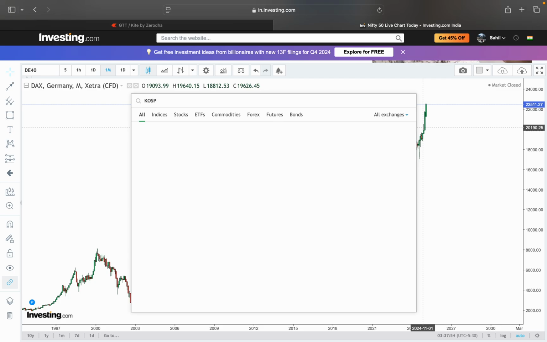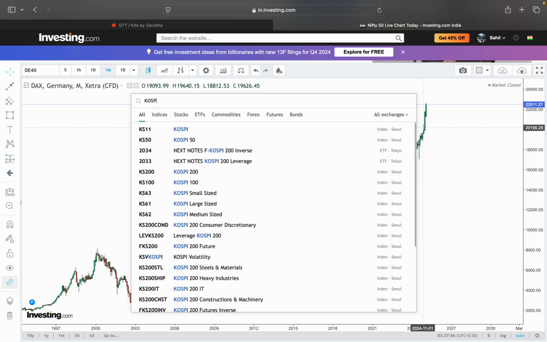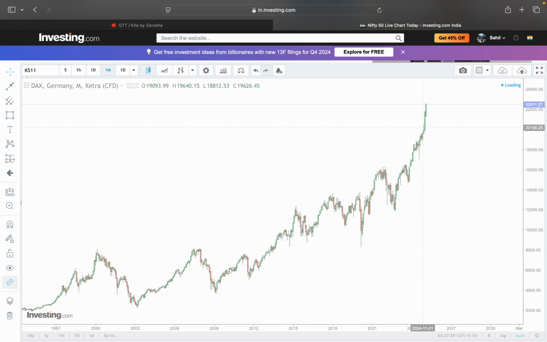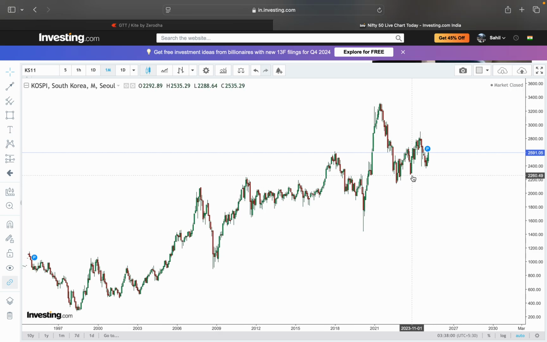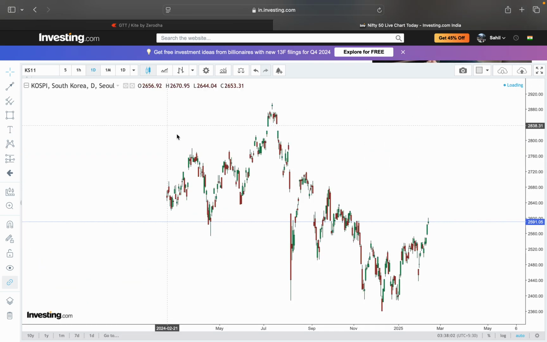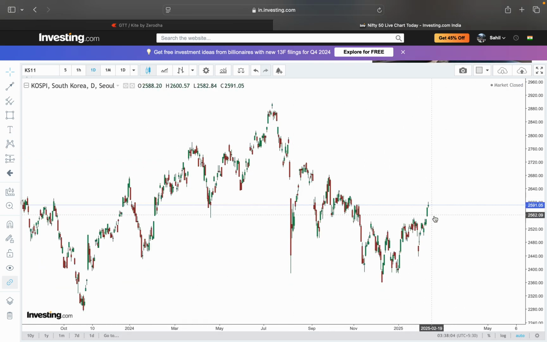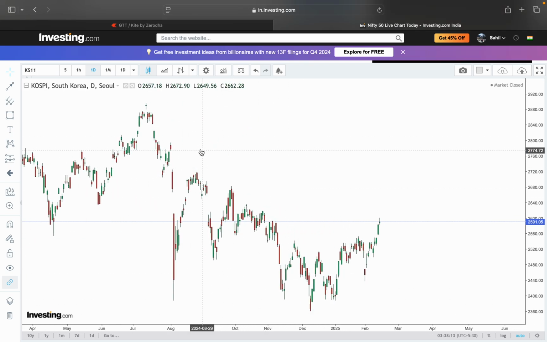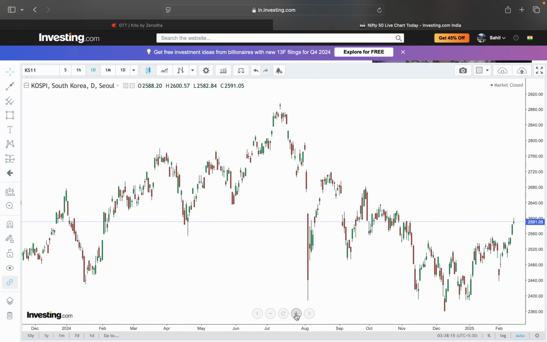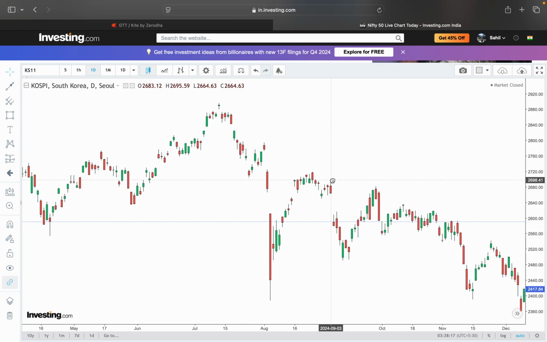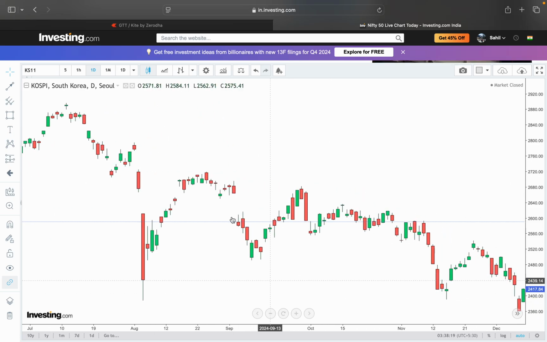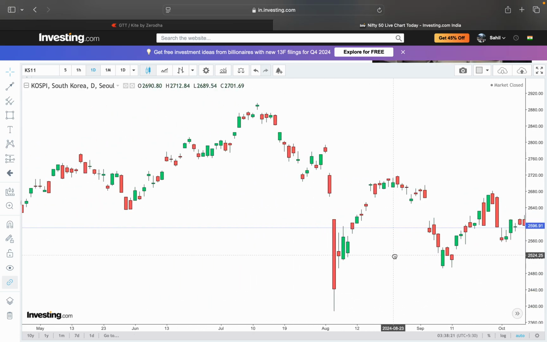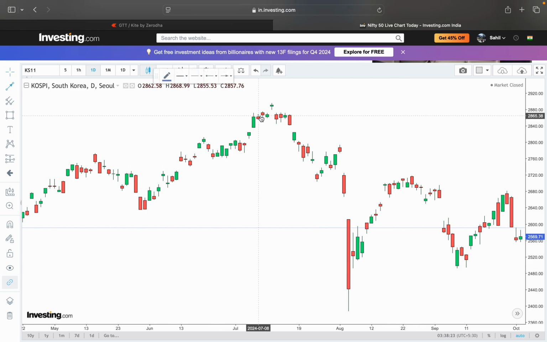Let's have a look at South Korea. So this is KOSPI. It's obviously monthlies, so it's a happier place to be compared to us. It's given a range break, and when a security gives a range break, sky is the limit. And the interesting thing is, it's very rare to see this actually. Just if I zoom here, not very often do I see this, but this is largely happening because of the